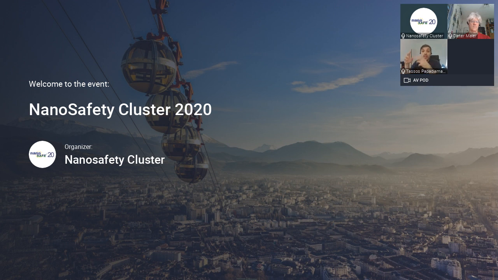So as Dieter also said and agreed, the browser that you use to enter the NanoCommons knowledge base will be the browser that will open the tool. So that will also define how the tool will behave.